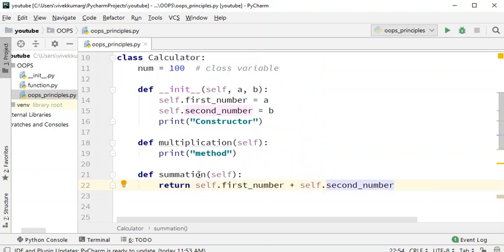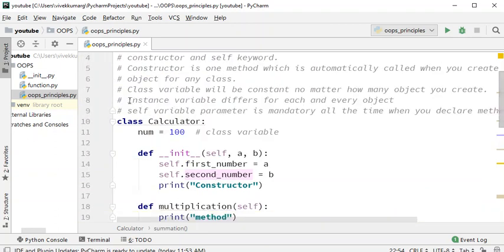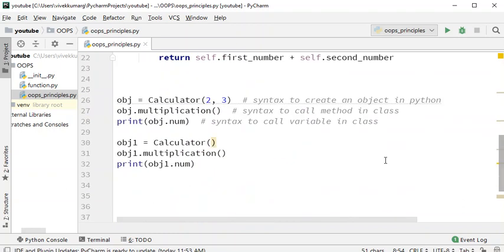Now, why are we calling them instance variables? Remember, I said an instance variable differs for each and every object creation. Let us say there is one more object we have created, obj1, and this time we pass 4 comma 5.